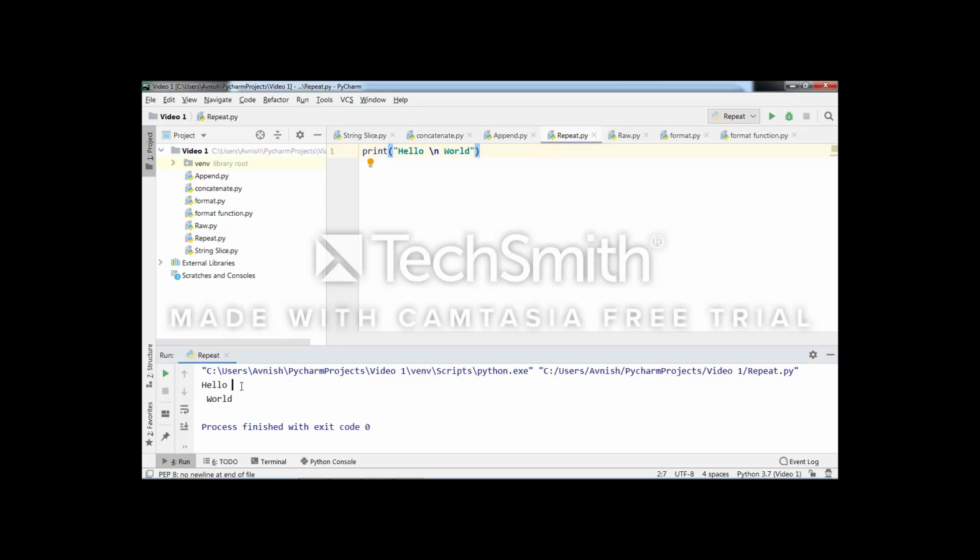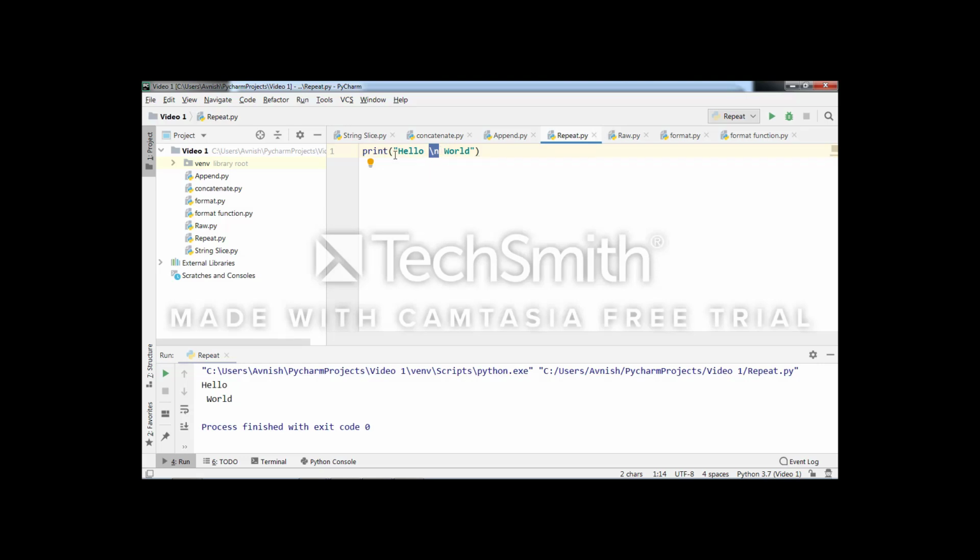But actually I want to print this string as it is. So we have to disable the meaning of this escape sequence, and we can disable it using the raw string.